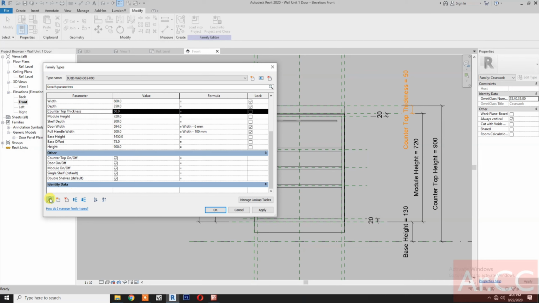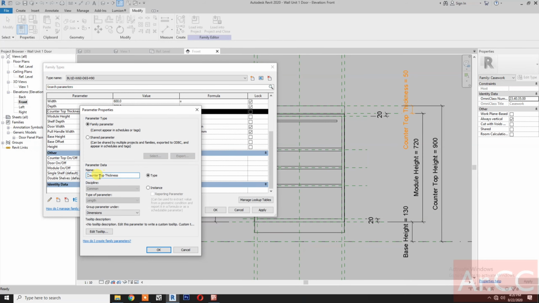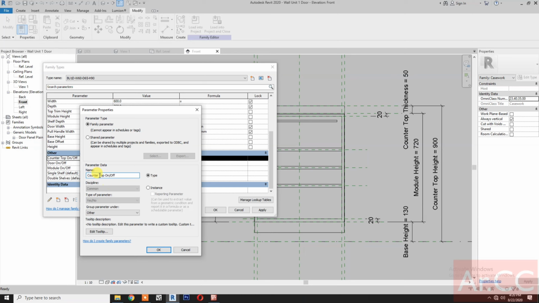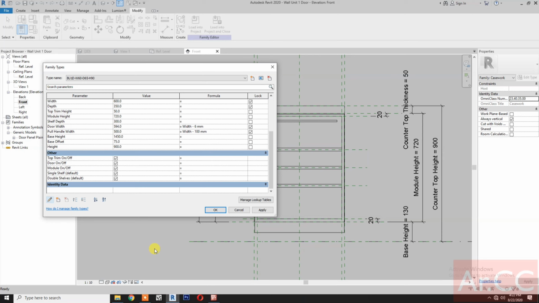Then the counter thickness, go to edit, rename the parameter to top trim height. Okay, then the countertop, edit parameter, rename to top trim on off. Okay, next,